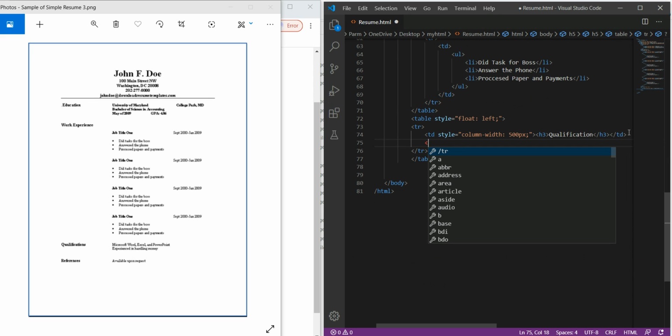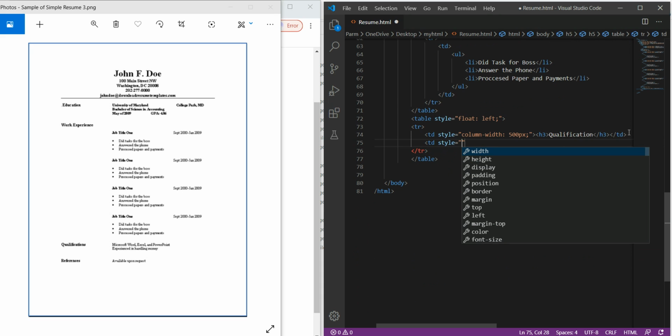And then we have to use again td and style column width. This time I will select it again 500 px. We will settle it in the later stages if we find something wrong over there.